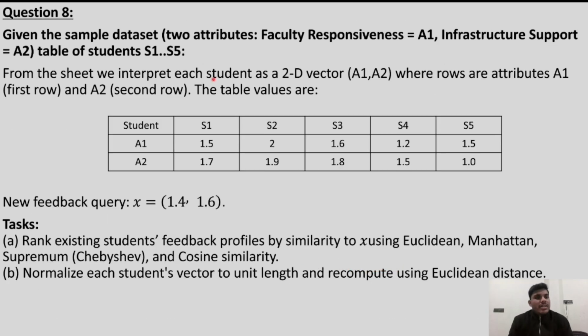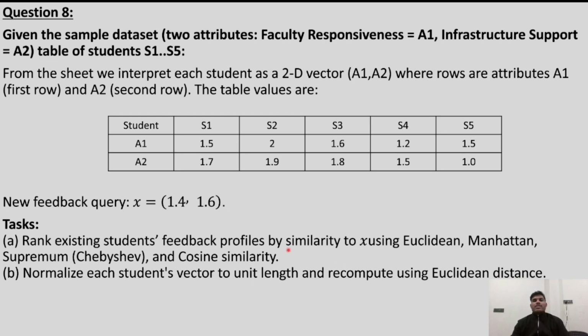Now question number 8. Given the sample dataset with two attributes, faculty responses A1 and infrastructure support A2, a table of students S1 to S5. From the sheet, we interpret each student as a 2D vector (A1, A2), where the rows are attributes: A1 first row and A2 second row. The table values are given in this table. Now, the feedback query x equals (1.4, 1.6). The task we have to perform: first, rank existing students' feedback profiles by